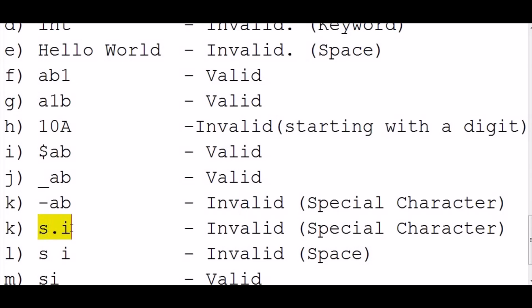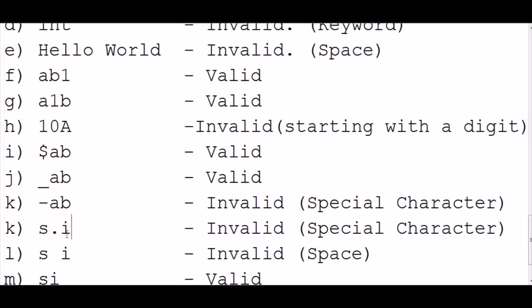Now coming to this dot, it's a very commonly made mistake. Normally when we name a variable, when we have to join two words, we join with a dot in between. For example, let's say we are trying to find the simple interest. So to find the simple interest, when we declare a variable, we have the habit of normally writing S dot I, whereas special characters are not allowed in identifiers.